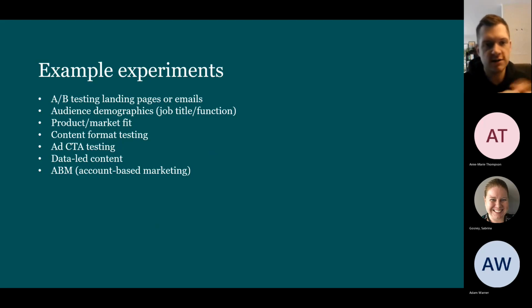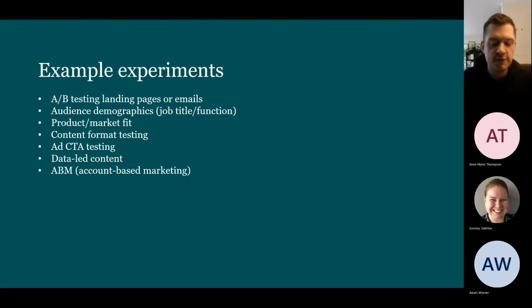We can test content type, so data-led content, and we could do a very small scale account-based marketing activity as well. And we've done a couple of those fairly recently with a couple of partners that we've worked with, where we found that we've got net new contacts off the back of it. We've been able to re-engage some contacts that have gone quiet on us, and we've been trying to convert them for a while. They're now more engaged with us. They're coming to our event. We then hope that the sales process will resume off the back of that.